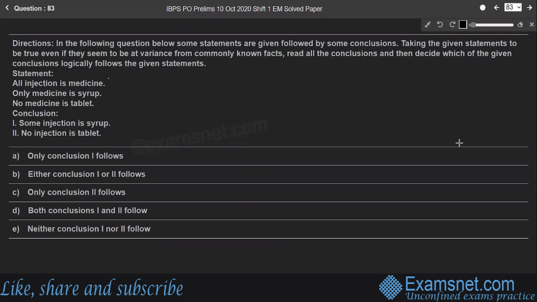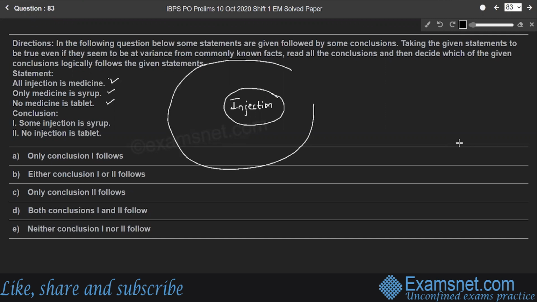Question 83. As in the previous questions, here also, based on the given three statements, we have to decide which of the given conclusions is true or logically follows the given statements. So let us represent the statements in the form of a Venn diagram. Here the first one, all injection is medicine. It means consider the set of injection, which is included in the set of medicine,